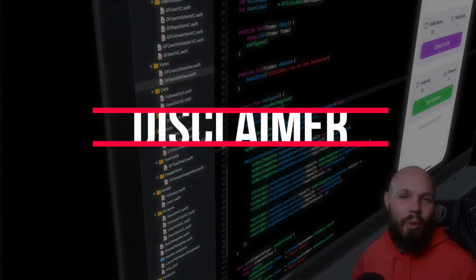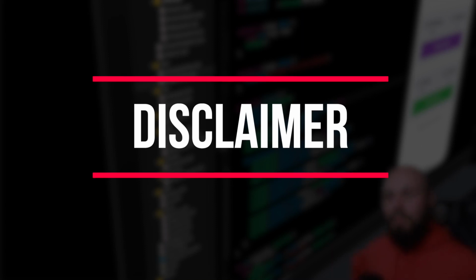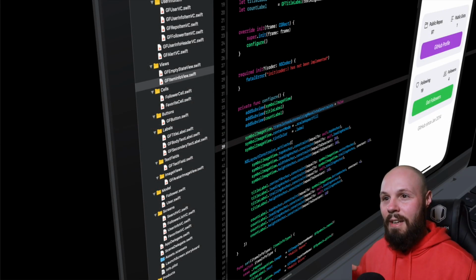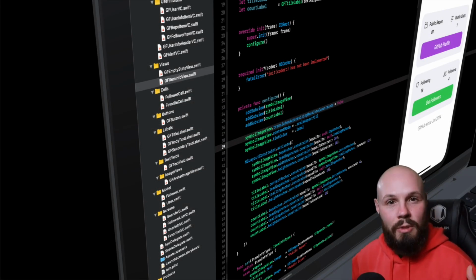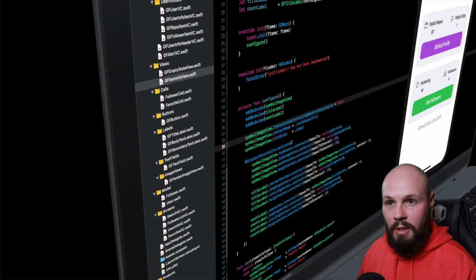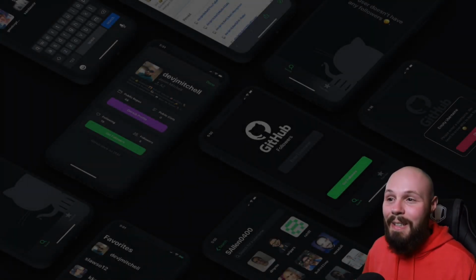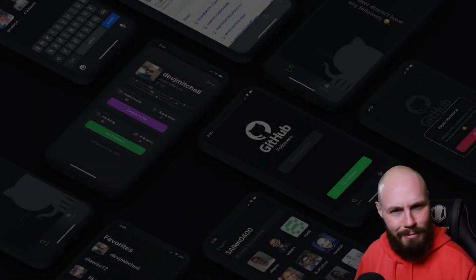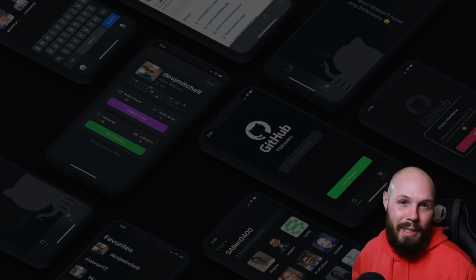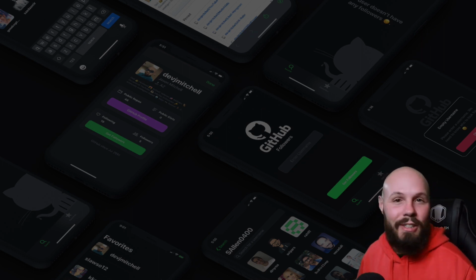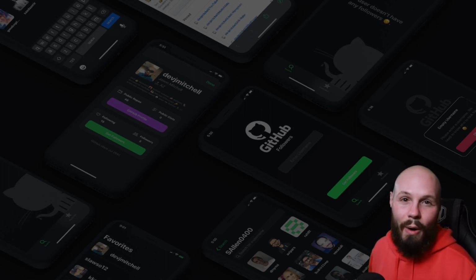But I do want to throw out one giant disclaimer here. This is project organization. This is a very subjective topic, right? How you organize something and how you like things to be placed, that's going to be different for everybody. We all know programming is a highly opinionated profession. You've been on Twitter, right? You've seen it. So again, this is just my way. Just like I said in the intro, this is how I do it. Doesn't mean it's going to work for everybody, but at least you can see how I